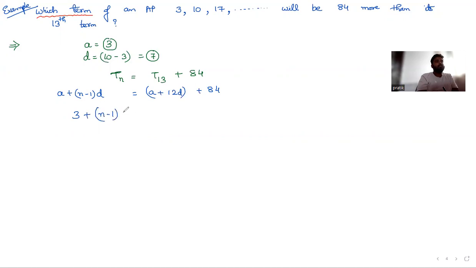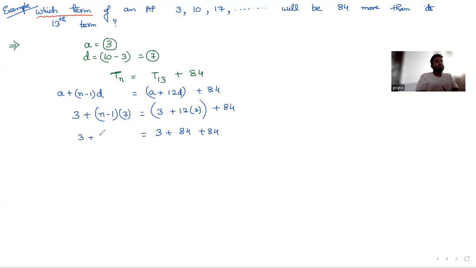D value is 7, which is equal to 3, that is A, plus 12 into 7, plus 84. So 12 sevens are 84. 3 plus 84 plus 84, which is equal to